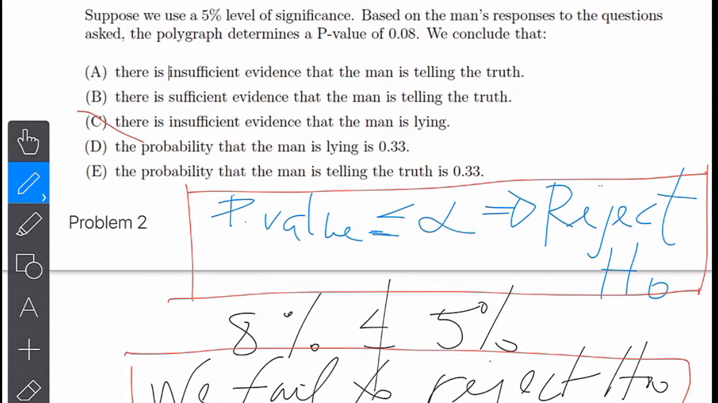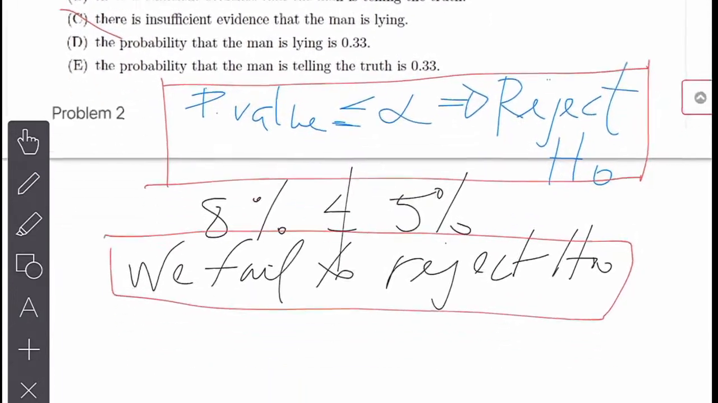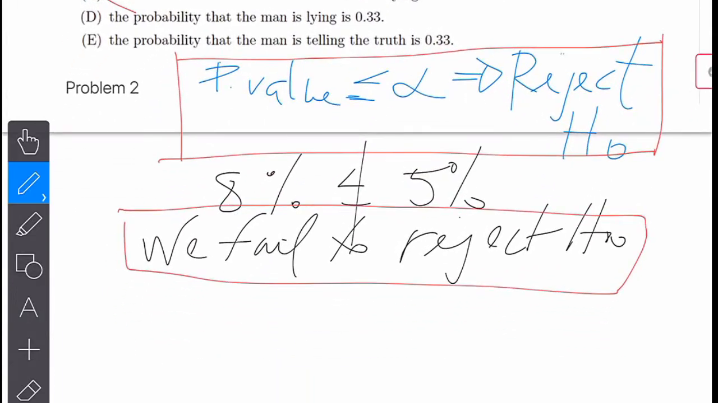insufficient evidence. So what I want to say is, this is the statement, I'll write out my statement and then I'll compare them. I want to say there is insufficient evidence that the man is lying. So that would be C. The one that I crossed out because I forgot my result. Okay, so what I want to be able to say is we fail to reject the null, and then I write there is